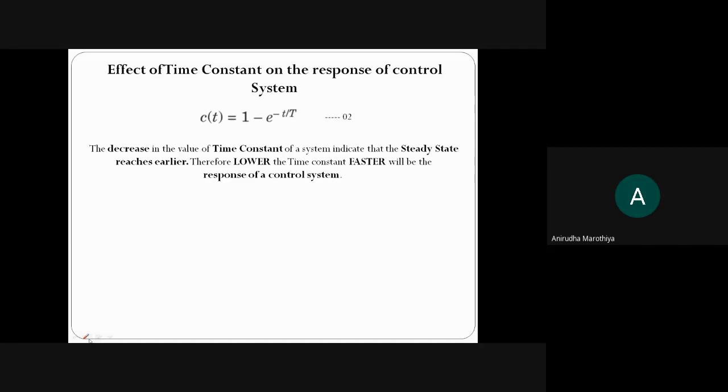Are you getting my point? Yes, sir. Lower the value of time constant, faster will be the response of that particular system. This is very very important. और ये statement पे ना बहुत सारे numerical frame होते हैं, जिसमें का एक example मैंने आपको बताया कि आपको ग्राफ दिया जाएगा और पूछा जाएगा कि इनमें से सिस्टम का टाइम रिस्पॉन्स सबसे फास्ट है या फिर कौन से सिस्टम का टाइम कांस्टेंट कम है या फिर ज्यादा है, तो आपको बताते आना चाहिए.